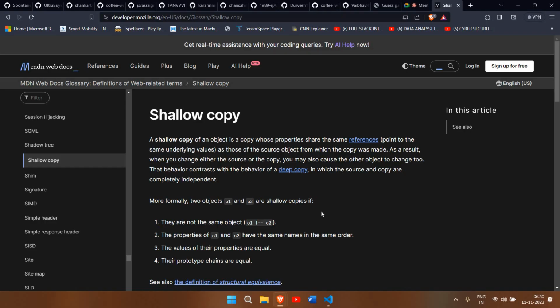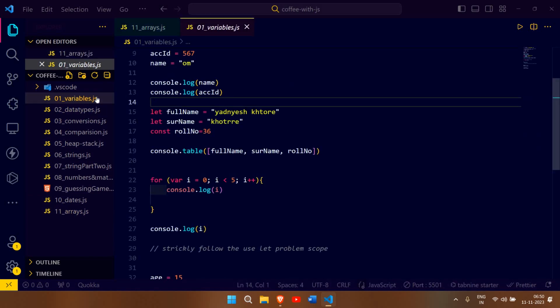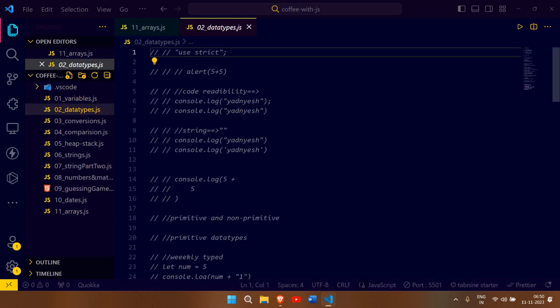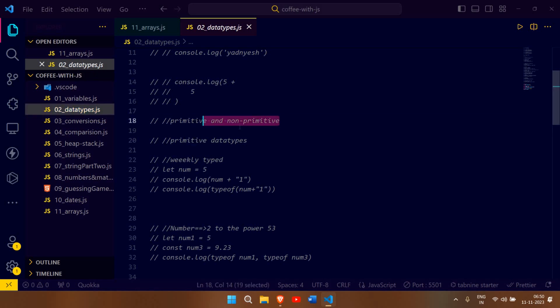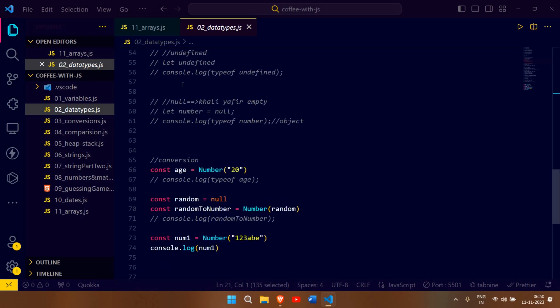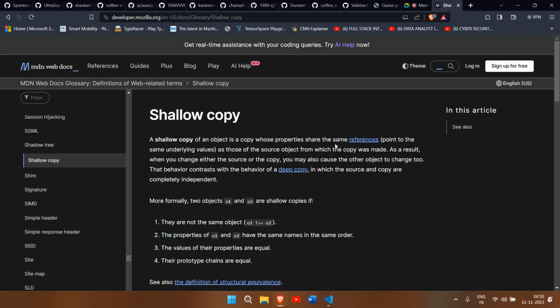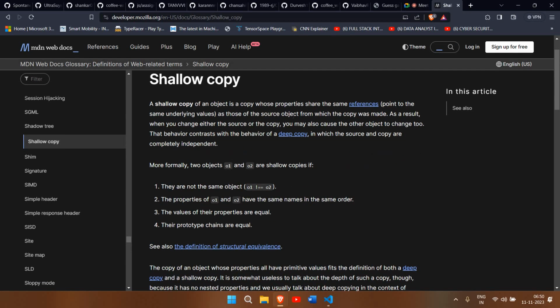If you are able to recall, we have discussed this a lot, references, and non-primitive and primitive data types. I will just make a recap. What are the primitive data types? We saw primitive and non-primitive in very depth. Okay, so we'll just move to the documentation. It gives me the same reference, that's why those source objects from which the copy was made. As a result, when you change either the source or the copy,